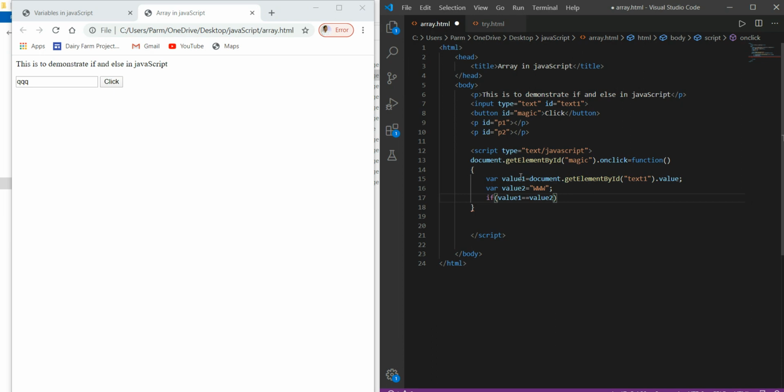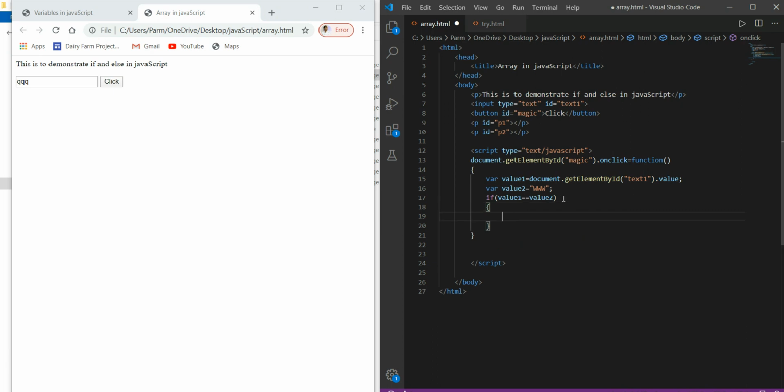So here we have to compare value1 with value2. In the variable value1, the value will come from whatever we enter in this input box, and the variable value2 contains the value www. So we have to compare these two values. If this is equal to this, then we write the body of this.